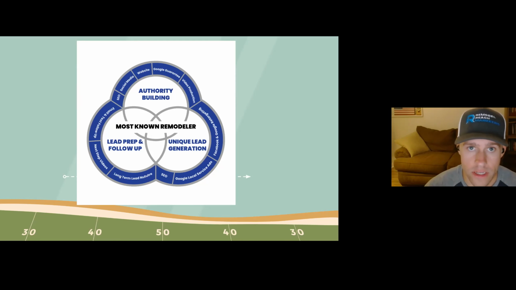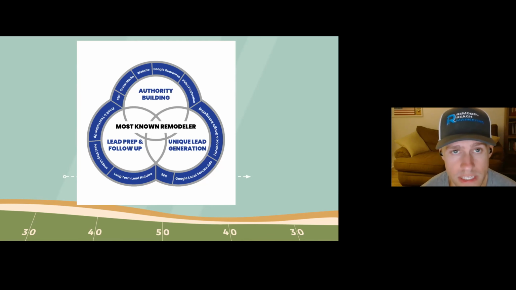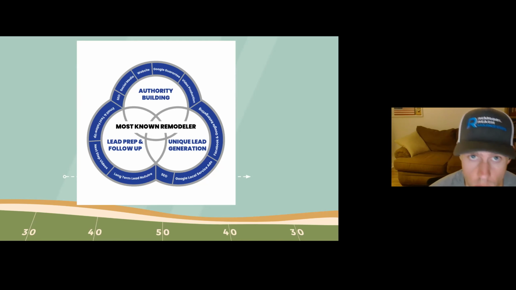Advertising is a piece of it, but it doesn't need to be the whole piece. You need to have a good quality website. You need to be doing search engine optimization to come up at the top of Google organically. You need to have a good social media presence, and all of these other things go into your online strategy. So don't focus on just advertising and paid ads.